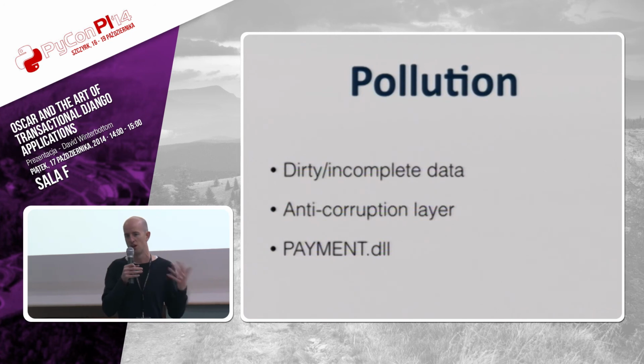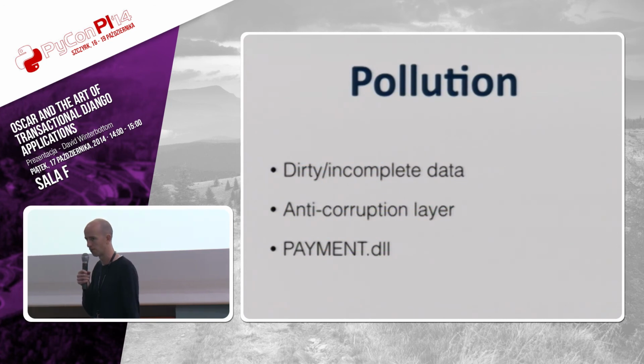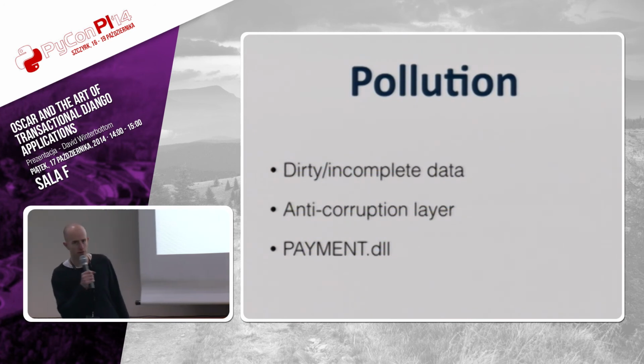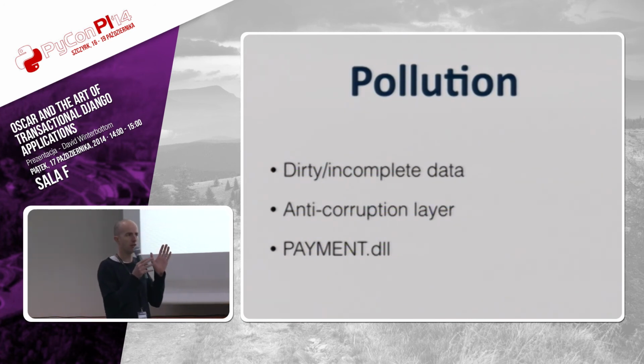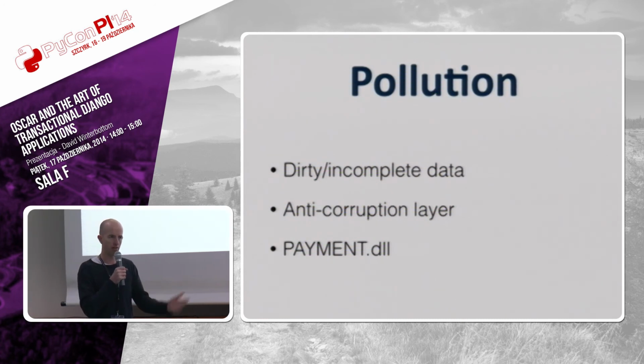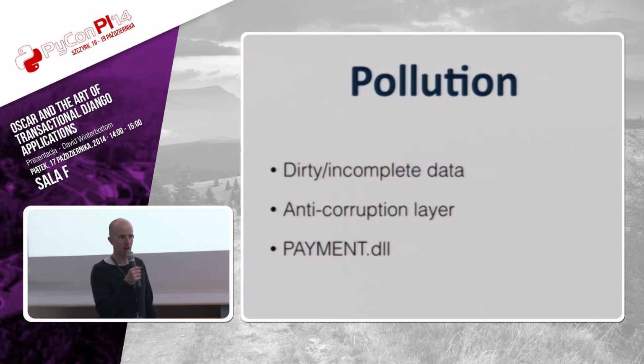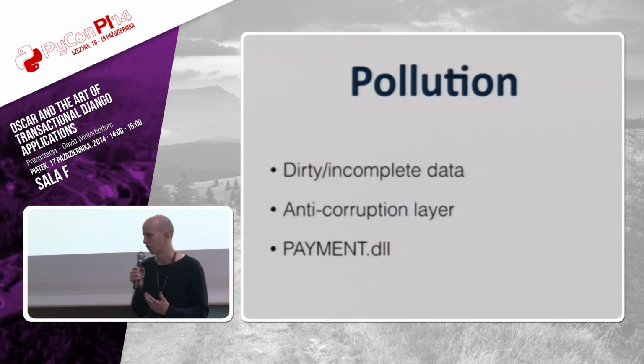It's tempting to allow your own system to be corrupted by this, by having products on your own system which have got partial or bad data. There's a book by Eric Evans called Domain-Driven Design where he talks about this pattern, and he talks about anti-corruption layers, like quarantine areas for data, trying to firewall off the weirdness that the third parties will try and inject. And this is a good pattern. We've done this several times where we have a whole different set of models for quarantined and strange data, and we keep our core database models clean. We don't allow them to be influenced by the way the third parties work or the way the third parties model their things.